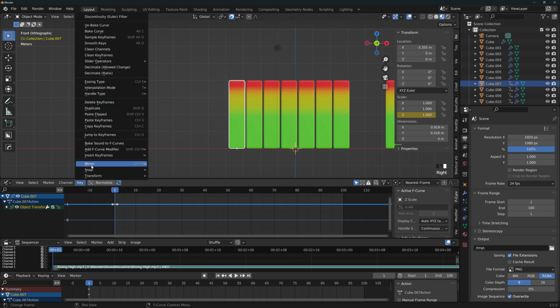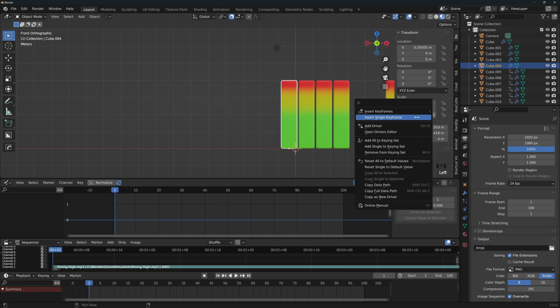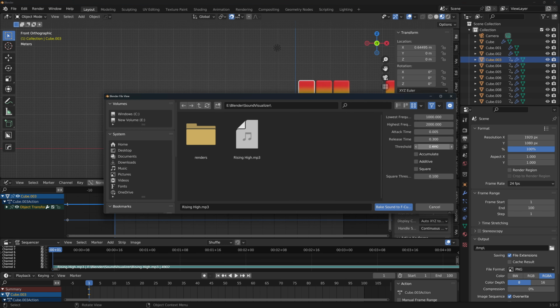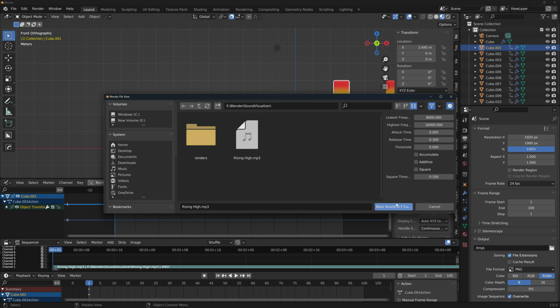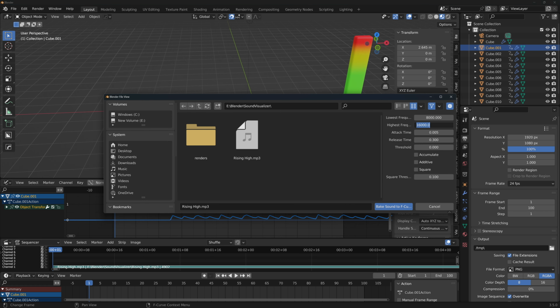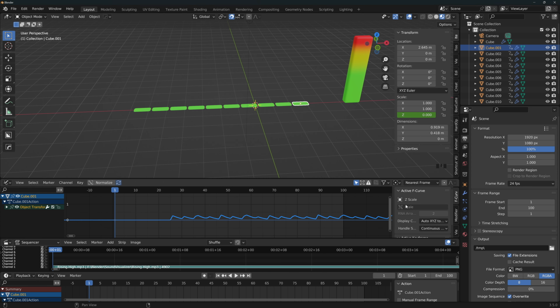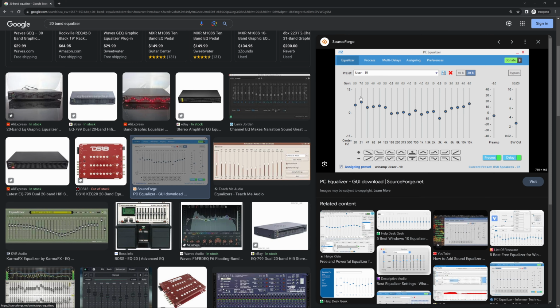If you do it correctly, you'll know that the last shape goes from 8,000 to 16,000 Hz. And you might ask, hey, didn't you say that we can hear up to 20,000 Hz? The answer is yes, we're just using the standards for equalizers. But you could change the highest frequency on the last bar to 20,000 if you want. Now, if you ever want to do this with more or less frequency bands, you can Google, let's say, 20 band equalizer and just use those values.